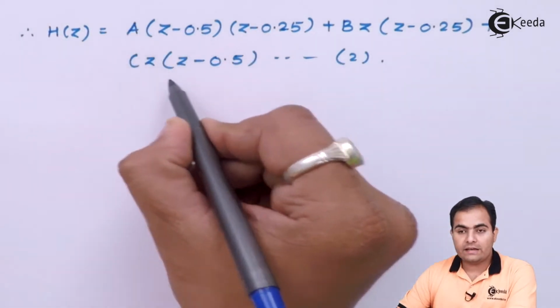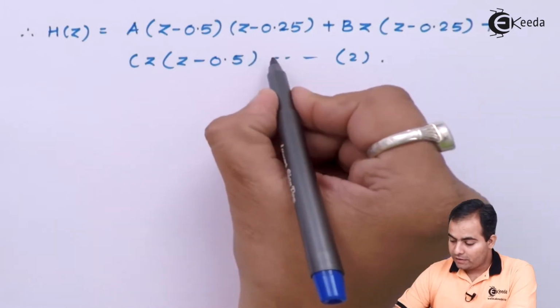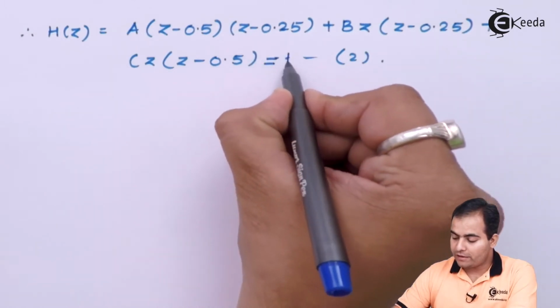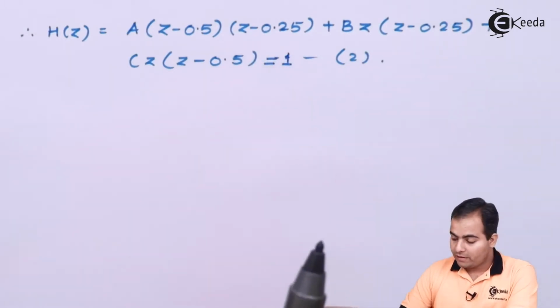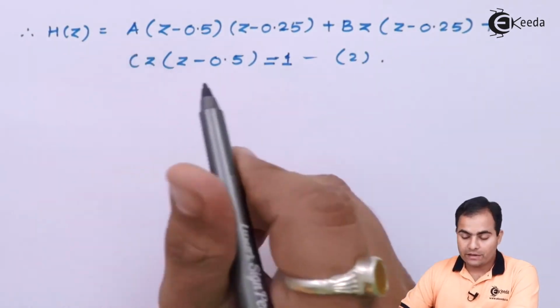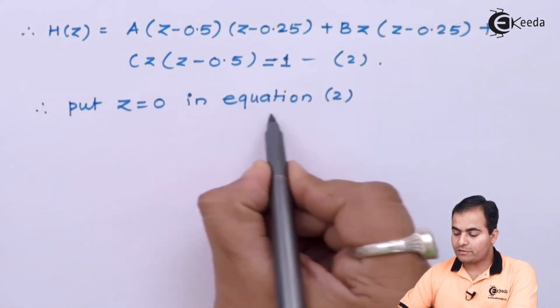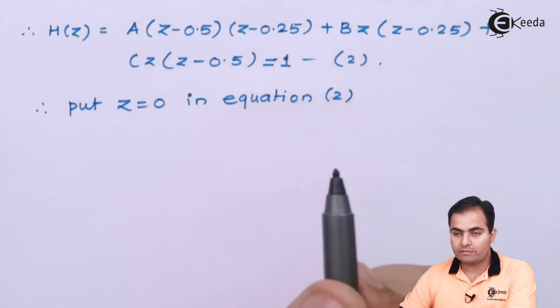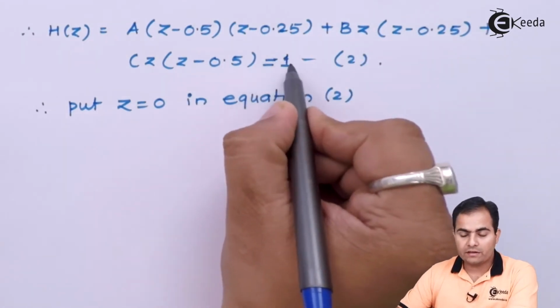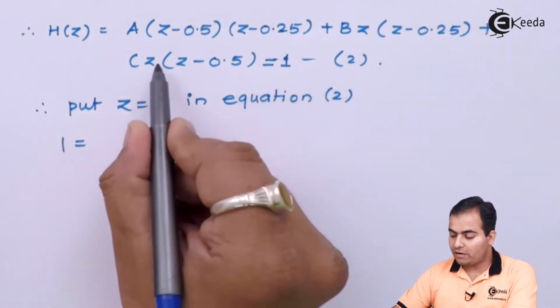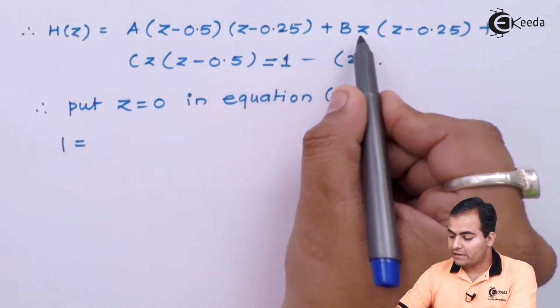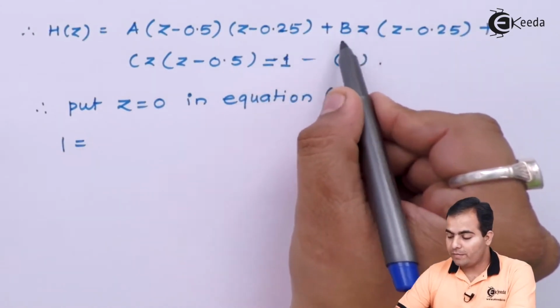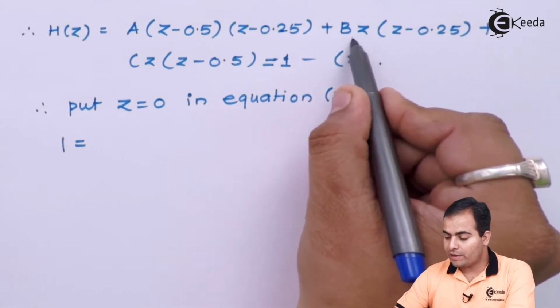Here this one is the right hand side part of the equation. Now what will be on the left hand side? You will get only 1. Now we'll substitute z values. I'm going to substitute z = 0 in the above equation, or equation number 2. If I replace all this z by 0, then look at it, in the B term here we have 0, so 0 into anything, answer is 0.